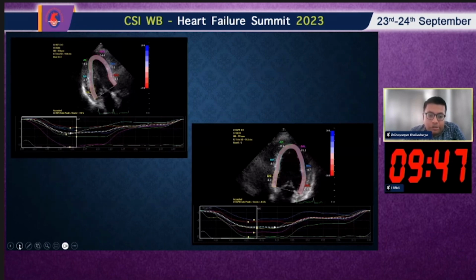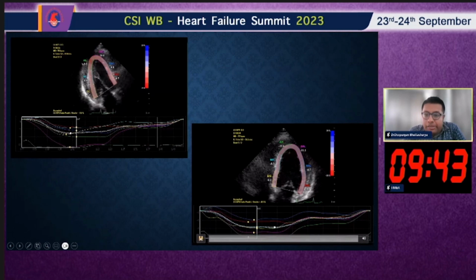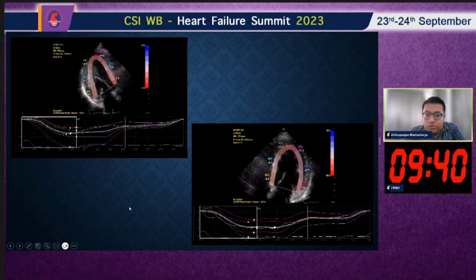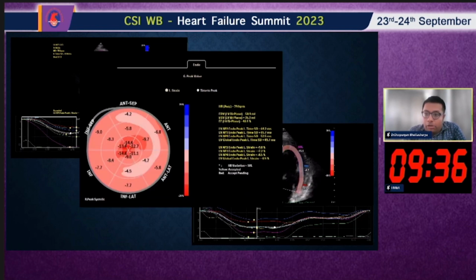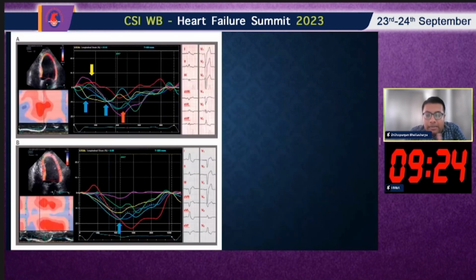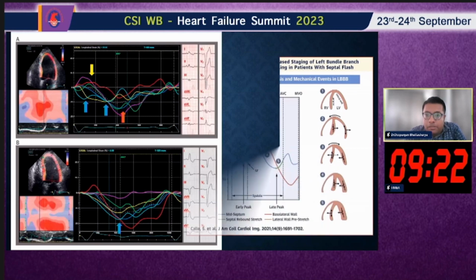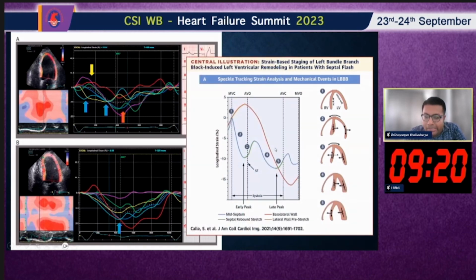So this is a patient who had HF, and we found that the strain was markedly reduced, and the bullseye plot showed a cherry on top appearance suggestive of cardiac amyloid. Without strain imaging, the diagnosis of restrictive cardiomyopathy with suspected amyloid would have been entirely missed. And this is the pattern which we see in LBBB. It has got these two distinct peaks, and it can be used to modulate the response of CRT and